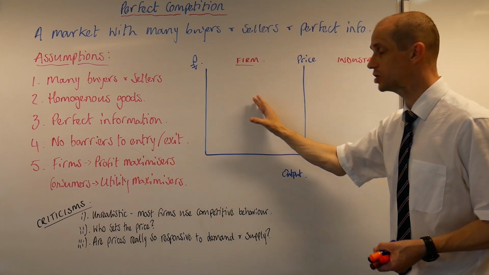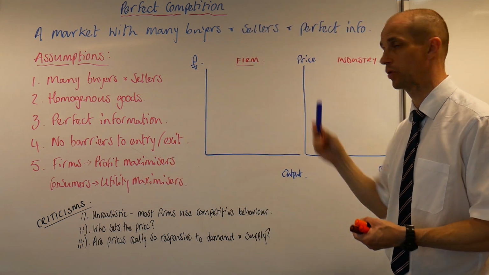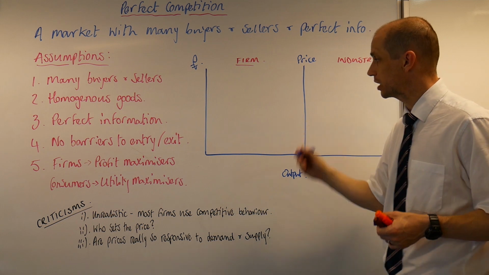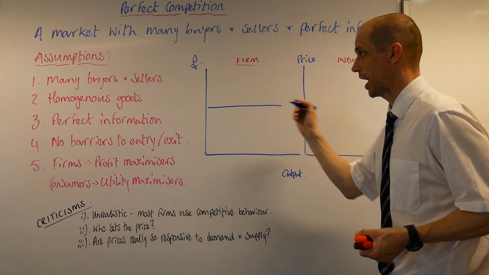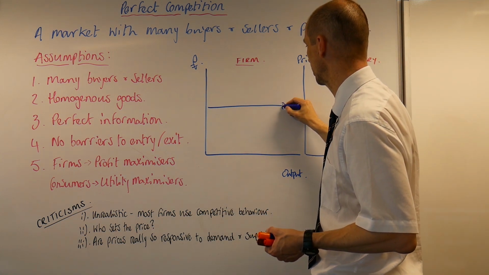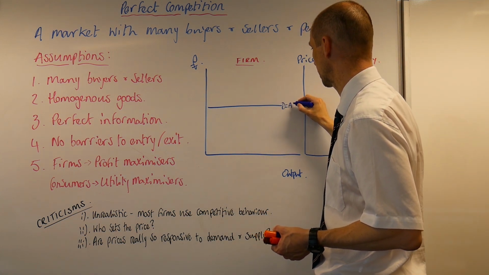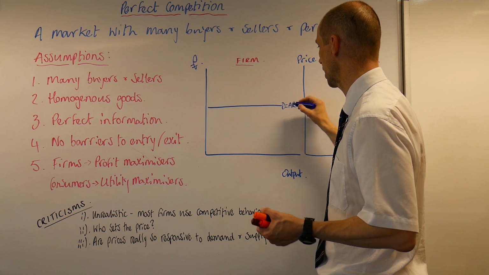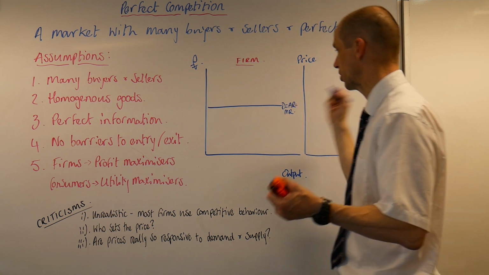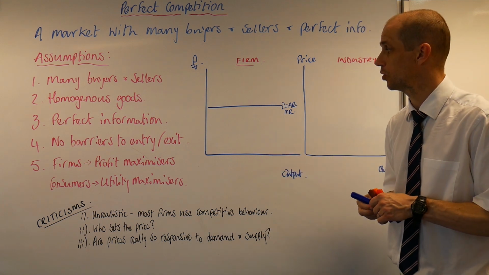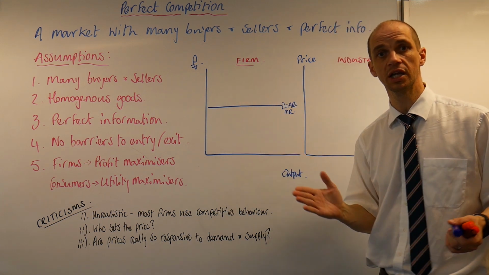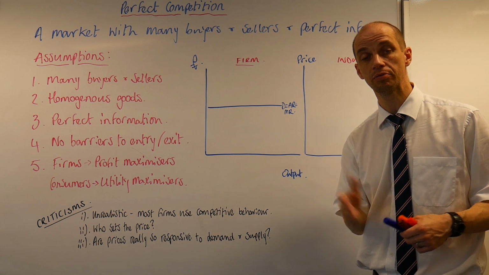Okay, so let's just understand the diagrammatics for a firm. Now, the demand curve facing a firm in perfect competition is perfectly elastic. So we can see this here: D equals AR equals MR. Let's just put it down like so. It's perfectly elastic because increasing the actual quantity doesn't have any impact upon the price level.